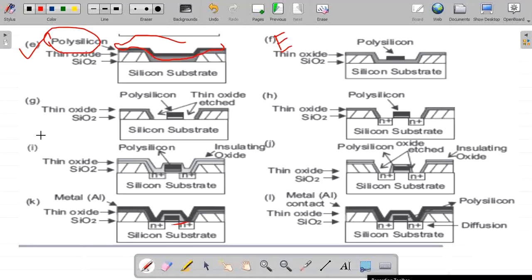Now what will we do? Now, in order to see, the gate is formed, right? Now what are the two we need to get? We need to get the source and drain. In order to get the source and drain, etch this part. So what will happen? So